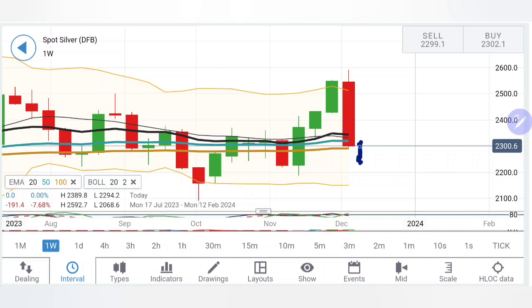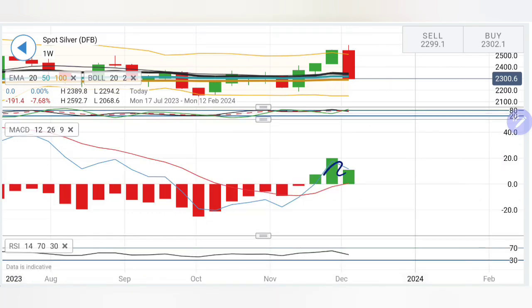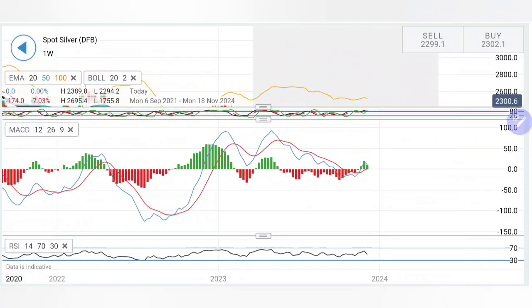If it stays below the 2240-60 zone, rather I will say below that, more bearishness towards $22 levels, and from those levels also it can revert. It is not to be treated as completely bearish as of now. Look at the stochastic, this was overbought and it is trying to cool down now, which is certainly a slight bearish sign. The MACD stayed with divergence and has started to converge, but one must notice that on MACD, after